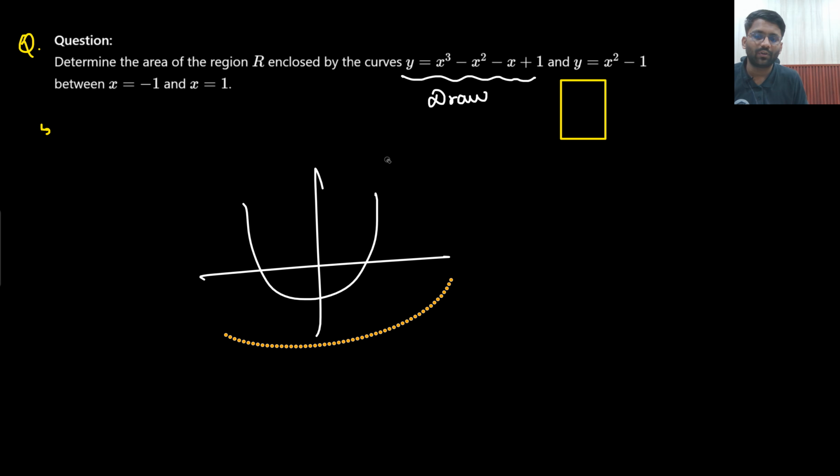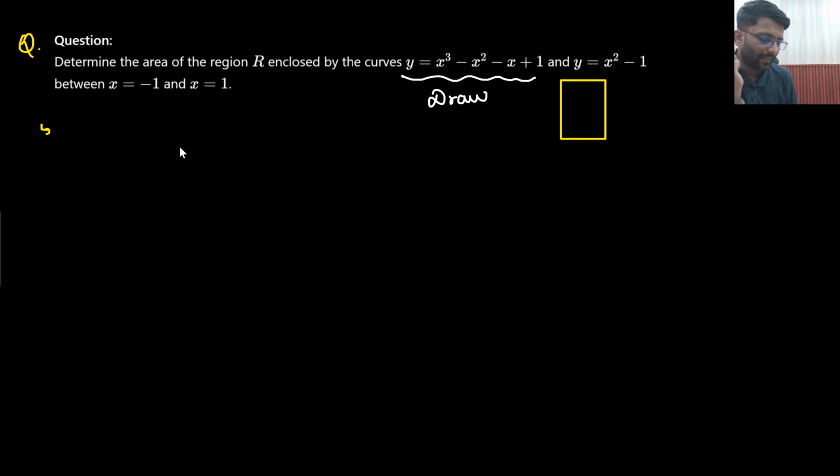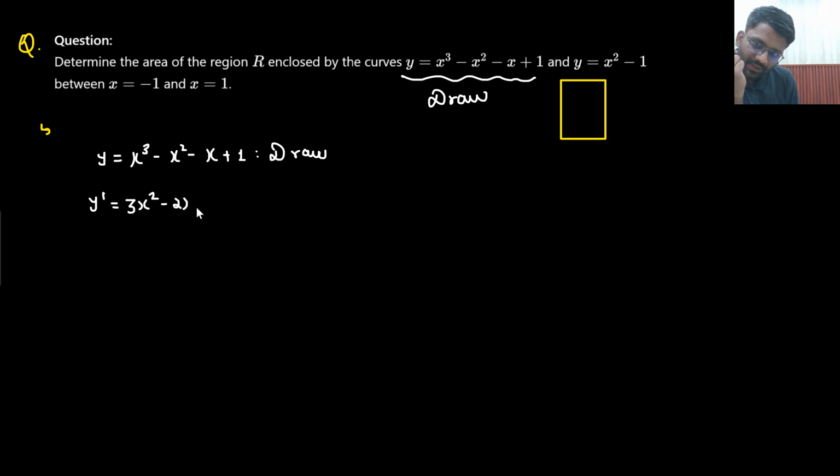So for drawing the curve, what we need to do? We need to differentiate this, and first we need to draw the curve. So for that we need to differentiate and then put that equal to 0. So 3x square minus 2x plus 1, put that equal to 0, right? So 3x square minus 3x